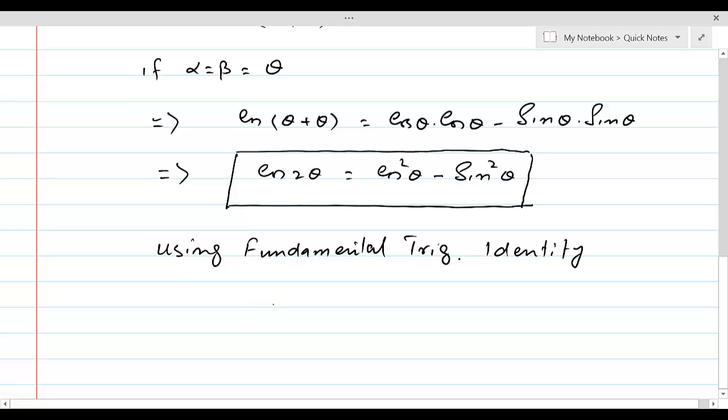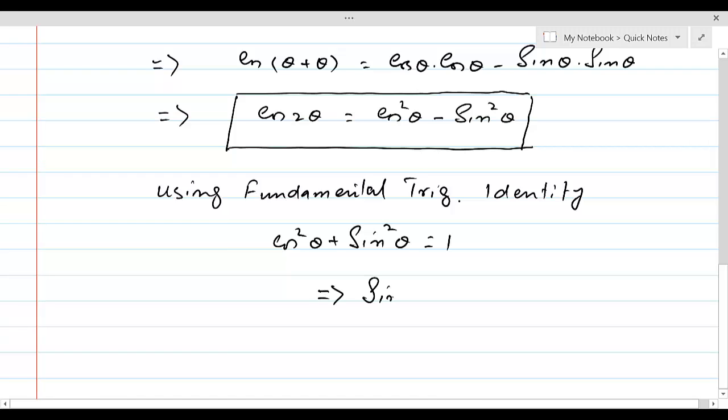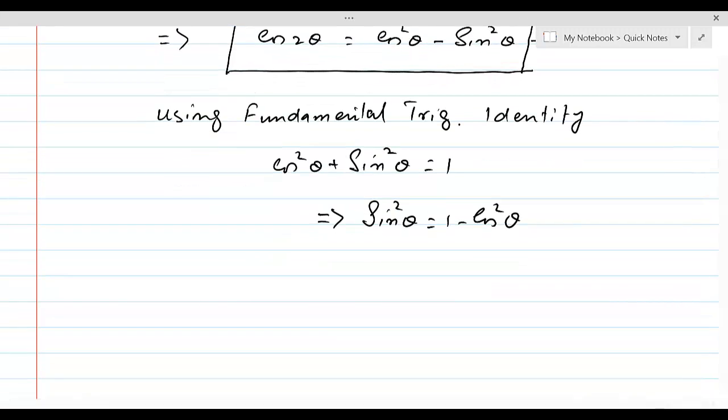That was cos square theta plus sine square theta equal to 1. If we replace the value of sine square theta, sine square theta can be written equal to 1 minus cos square theta. So if we call this number 2, then from 2